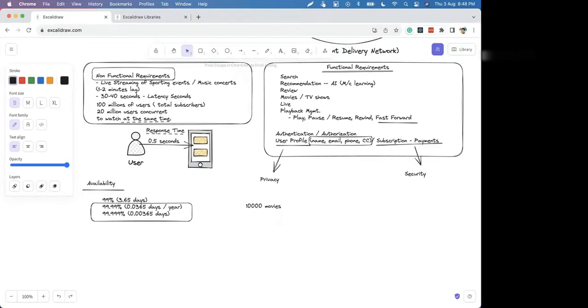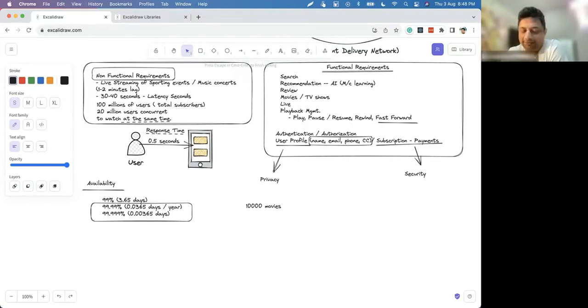Some movies could be short, some movies could be of longer length, right? Also, let's say we have some TV shows here. So everything included, because they take away the movies also.